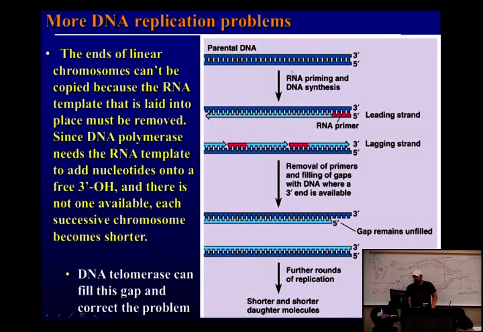So here's the parental strand of DNA. Here's the end of a chromosome. The end, do you guys remember what end means? What's the Greek word for end? We talked about it in mitosis and meiosis. Telo. And then what's the part? Mer. Right, so telomere is what we call an end of a chromosome. Yeah. So this is the telomere right here.